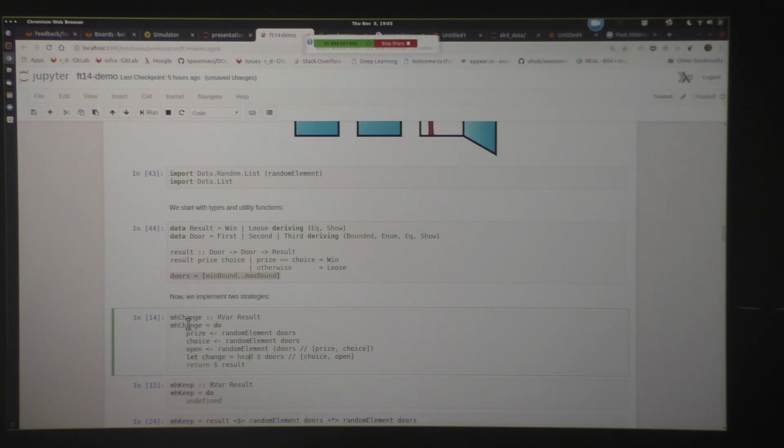This implementation? No. Here I mean. Exactly. Then I would need to choose randomly from those that remain. You have like bounds, so it kind of assumes that it might be more than 3. But the data door is defined for... Yeah, that was just for convenience. I mean, of course, we could try to consider generalized Monty Hall problems, but...